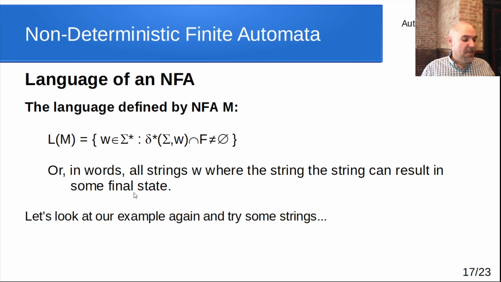Okay, so that leads us to the formal definition of the language defined by some NFA M. So the language of some NFA M is the set of all strings over alphabet star, which, remember, star is going to include lambda, such that when we apply the extended transition function